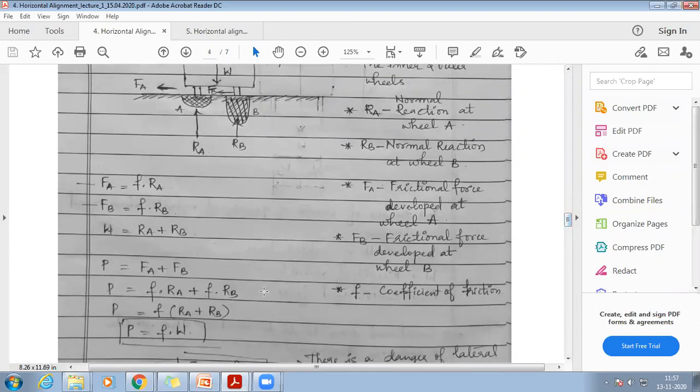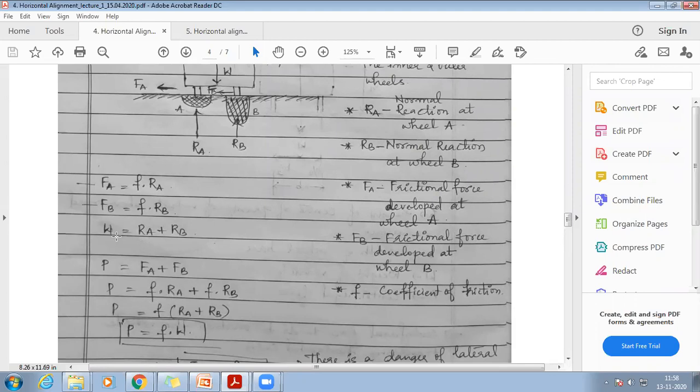Now we have studied the frictional force, right? When we were discussing, we had told that the frictional force is generally calculated as the coefficient of friction times the normal force. The coefficient of friction here is taken as small f. What is the normal force for each of the wheels? For each of the wheels we are calculating the frictional force here, not for the entire vehicle. So for wheel A it will be f times capital Ra, and for wheel B it will be f times capital Rb. That is, Fa, frictional force A, will be the coefficient of friction times the normal reaction force.